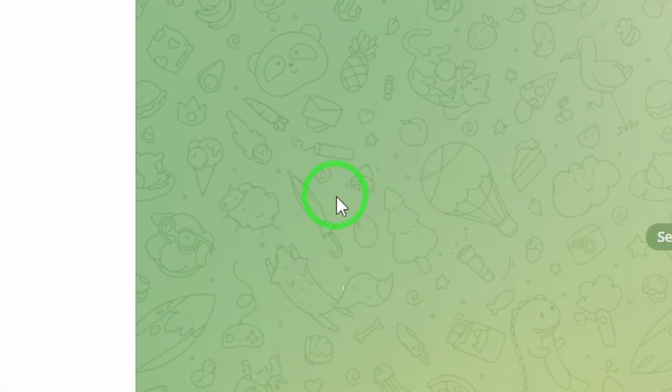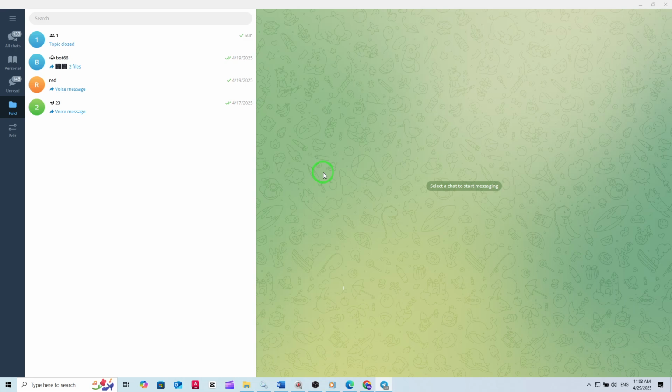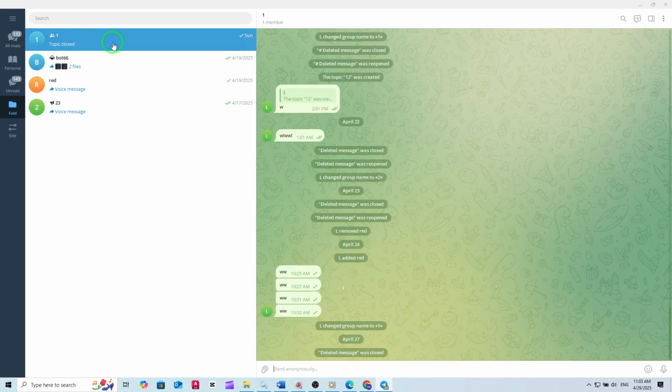First, open the Telegram app on your computer. Make sure you're running the latest version to access all the newest features and settings. Once you're in, look through your chat list and open the group where you are the owner. Only group owners have access to change or remove their custom titles, so double-check that you have the right permissions